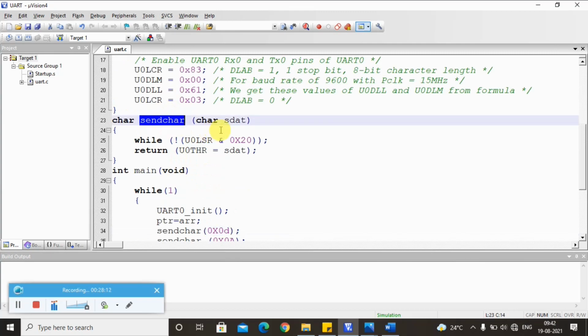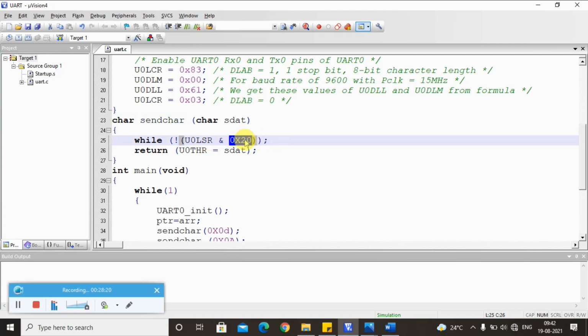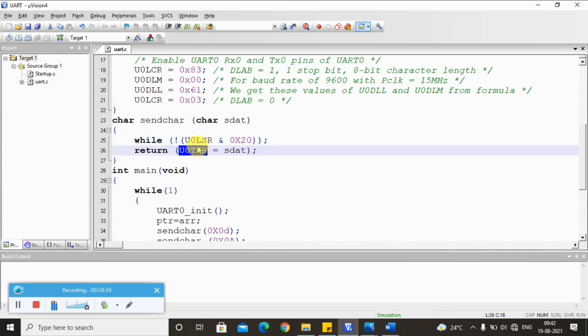So in the send character function it will come here as a character, and you know this, see, use your LSR and 20H to ensure whether we have data in the transmit or not. Okay, 01 is to ensure whether the receiver has received the data or not. So in the line status register we are going to AND it with 20H. If the data is there, then definitely it will pass it to THR, the transmit hold register.